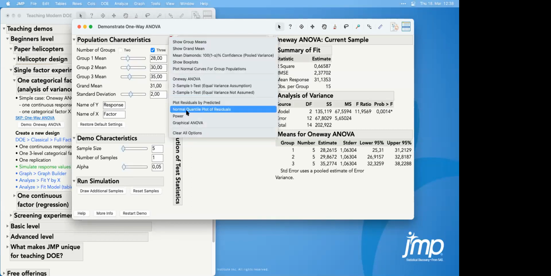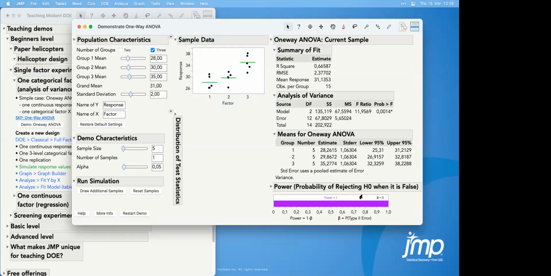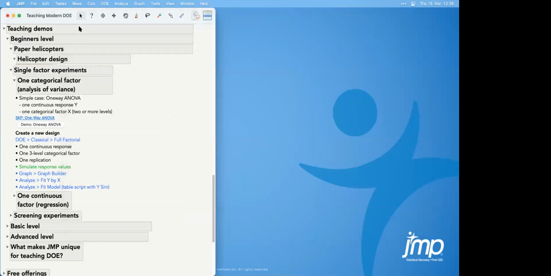I could also look into power. Power is 100%. So we are really on the safe side with this experiment. But if our group means would be closer, so this would also change. So now we have a 30% likelihood to miss an important effect. So we just let the students play,